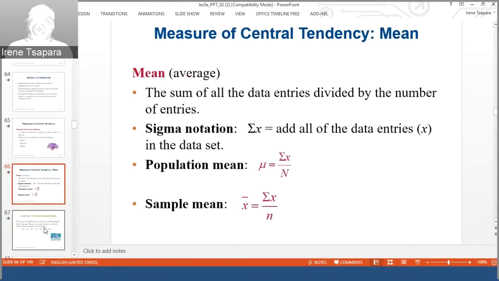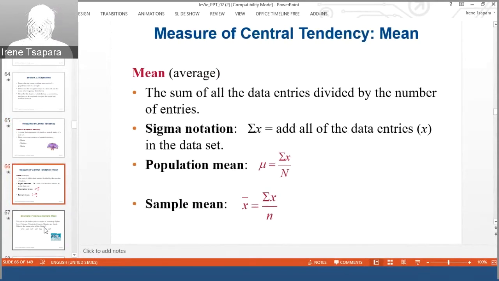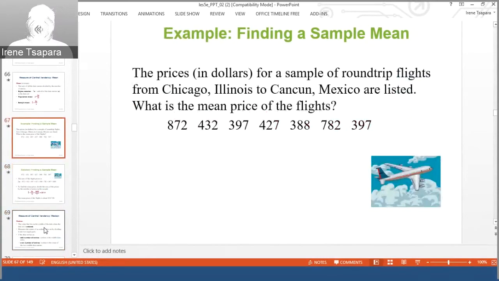These are the measures of central tendency. You already know that. We can review them really quickly. We are not going to go to any depth. You already know what the mean is, what the average is. But I have to ask you, what is the average? What is the mean? The mean is the value